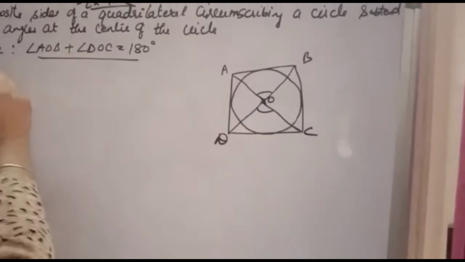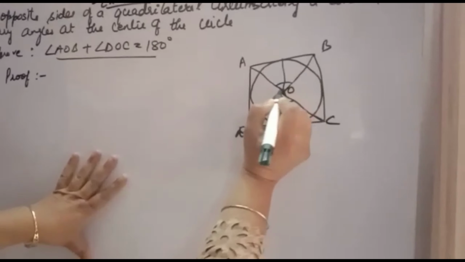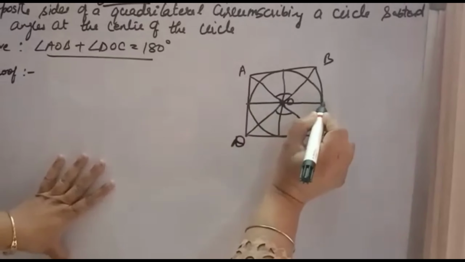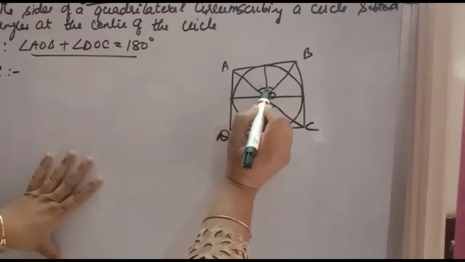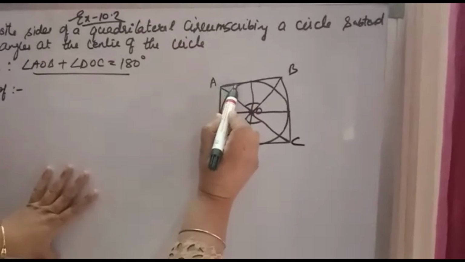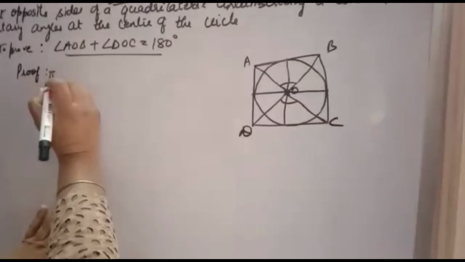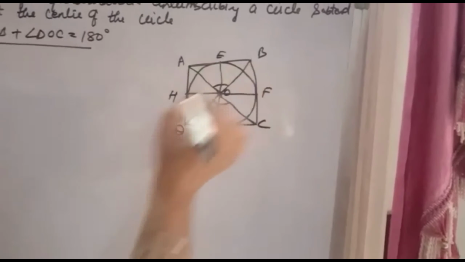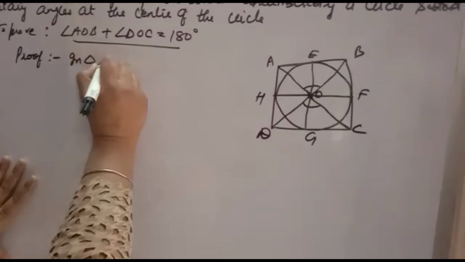For proving it, you have to draw the radius of the circle. This is the radius of the circle which is joining to the point of contact. Now you want this angle plus this angle equal to 180 degrees. So you can take this triangle which is forming from the exterior point A. Suppose this point is E, this is F, this is G, this is H, points of contact with the tangent. So you will take triangle EOA